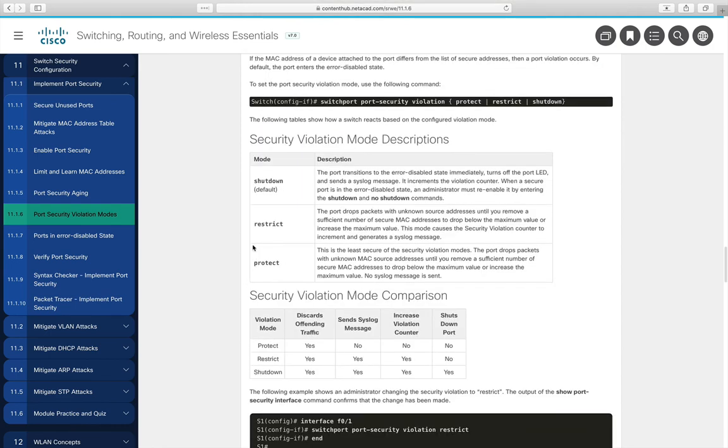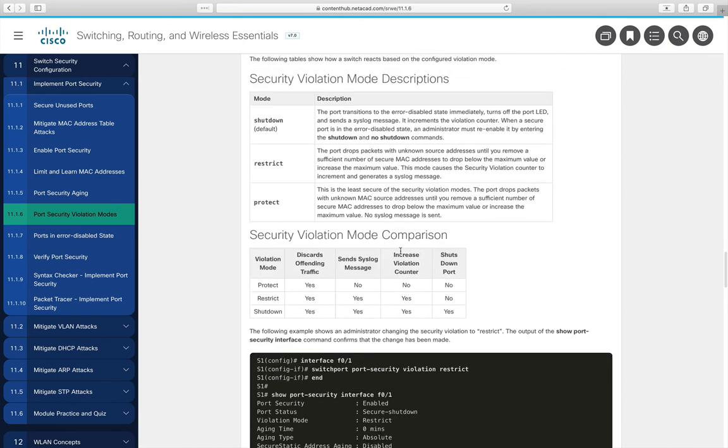Or we can actually say protect, and in that case the port's going to drop packets from unknown MAC addresses until you remove or a sufficient number of addresses time out, but it will continue allowing other addresses to send that are already in the table, and it will not generate